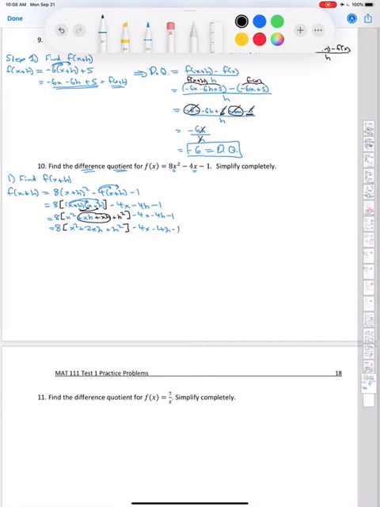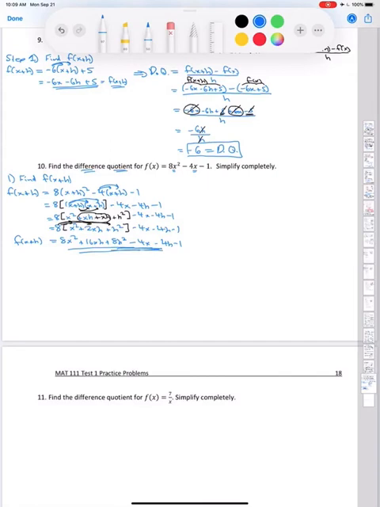Now let's distribute. As we do that, we got 3 terms, right? Multiply this 8 through. So 8 times x squared is 8x squared. 8 times 2xh is 16xh. 8 times h squared is 8h squared. And our minus 4x minus 4h minus 1. And at that point, if we had any like terms, we'd go ahead and combine them. But here's what we're looking for. We found the value of f at x plus h. So that's that missing part, right? We got to plug this in